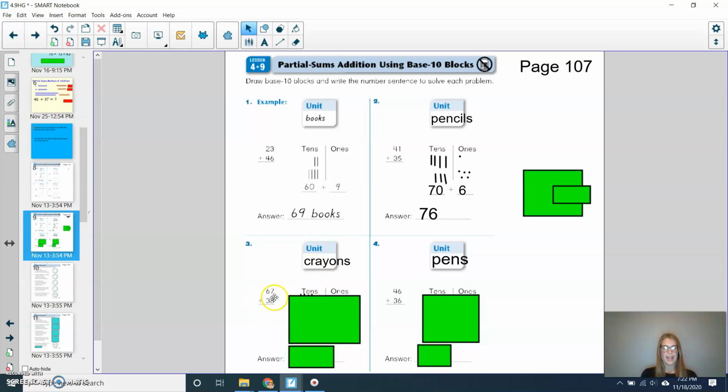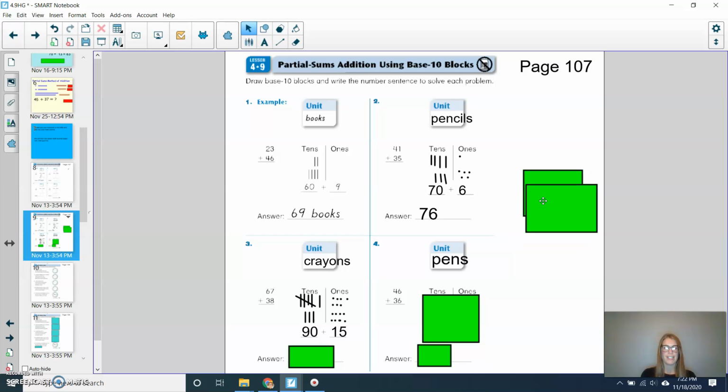All right, so we had 67 plus 38. So I'm going to first look at my tens. So I have my 6 tens plus my 3 tens, 6 plus 3 to get me 90. And then I'm going to add my ones. So I had 7 ones plus 8 ones, which gives me 15. Now I'm going to add 90 plus 15. I know that 90 plus 10 would get me to 100, and then 100 plus 5 more would get me